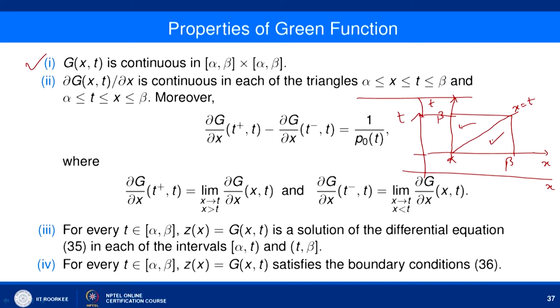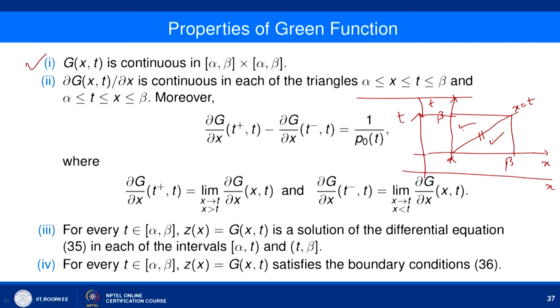So, in this region ∂g/∂x is continuous, and when we look at the diagonal of this rectangle, then we have a jump discontinuity, meaning in each of the separate regions ∂g/∂x is continuous, but at the diagonal it has a jump discontinuity,